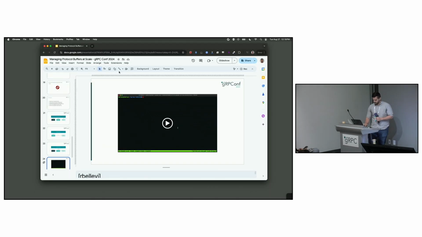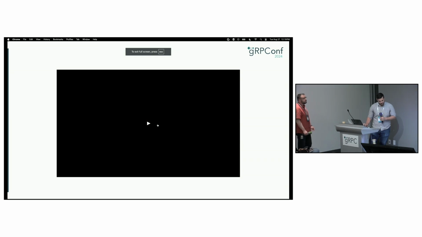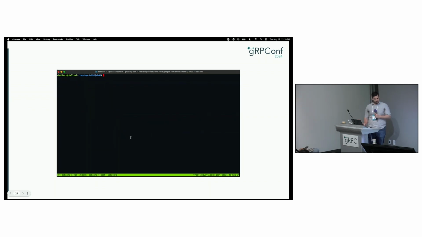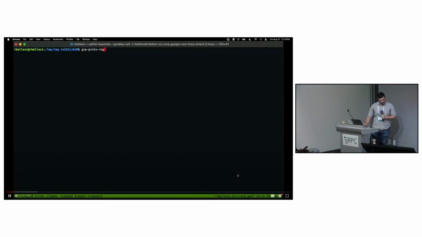So for each request, we're going to save a key to help us identify that relative. Take two. All right, so let's start by taking a look at some of the content that's pre-populated in the registry. Yeah. We have a new CLI tool here, currently called GCP Proto Registry. Yeah, so if we can't